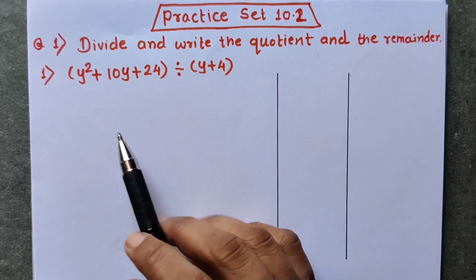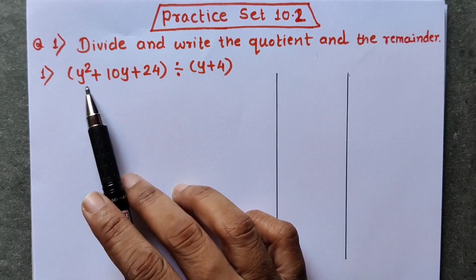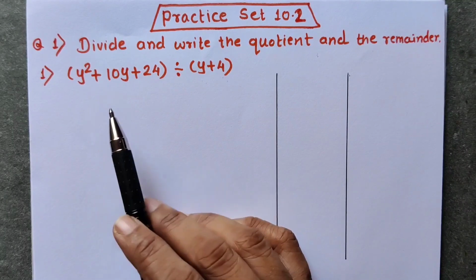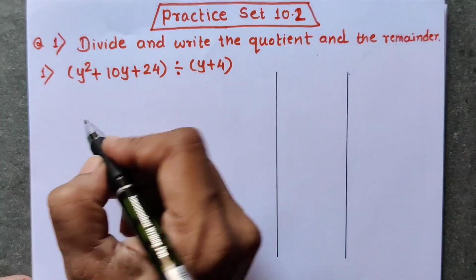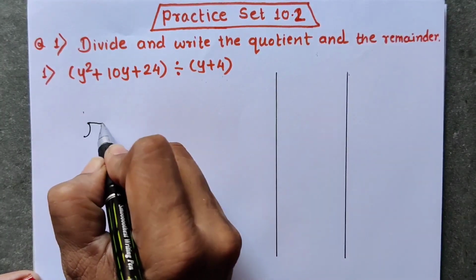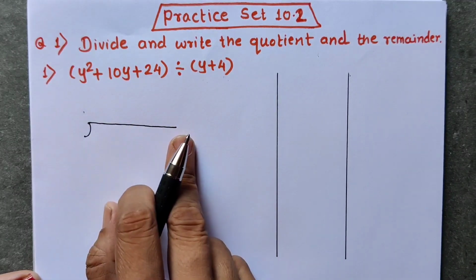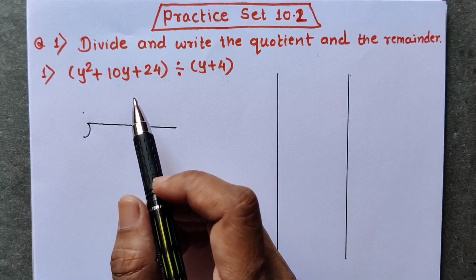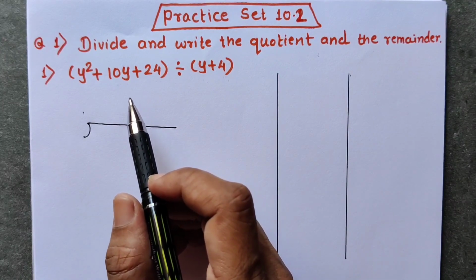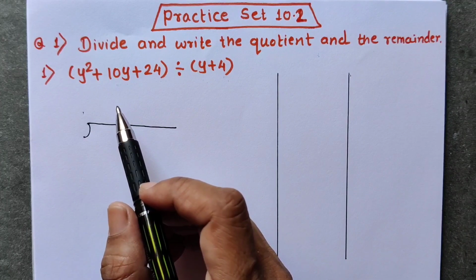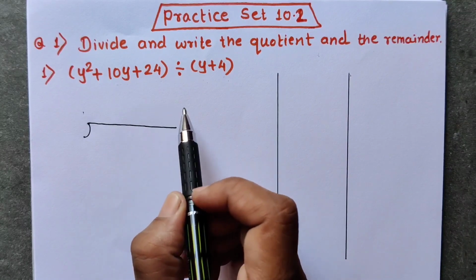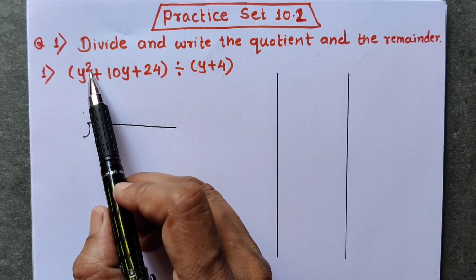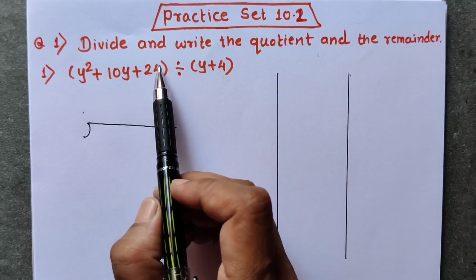Okay, so first we have to check whether the given dividend polynomial is in the proper order or not. Dividend polynomial means the polynomial which we have to write inside this symbol. That means the term which has the highest index should be the first term, then the smaller index, smaller, like that. The index should be in the proper order. First term should have the biggest index, then the smaller, like that.